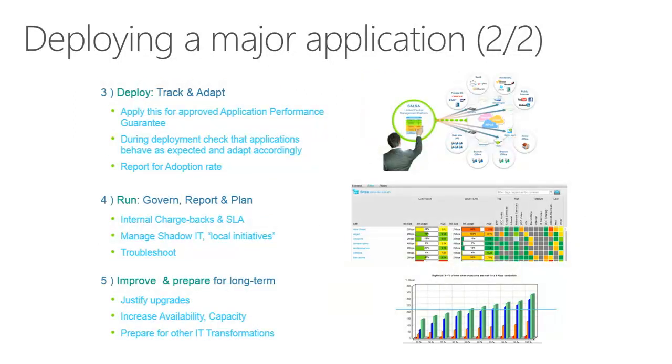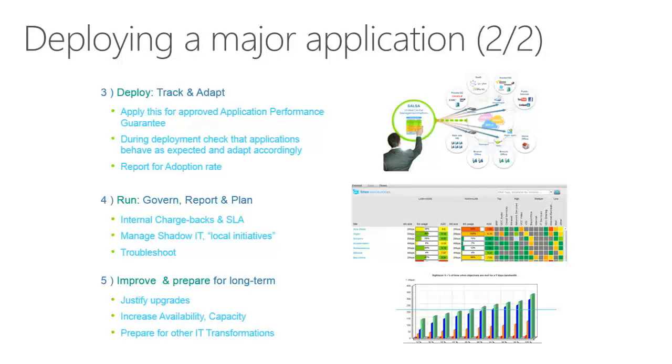The third stage really is to start the deployment, to be able to apply control policies to make sure that the Lync applications get the resources they need alongside the key ERP applications, and that's a key function of having visibility into the environment. We need to be able to check that the applications are behaving correctly and optionally tweak those rules that control how they behave. So there's a little cycle of checking with the users that they're getting the performance that they want on all of the applications that matter to tune up how you expect the network to behave. And then to monitor it and make sure that you're getting good adoption rates.